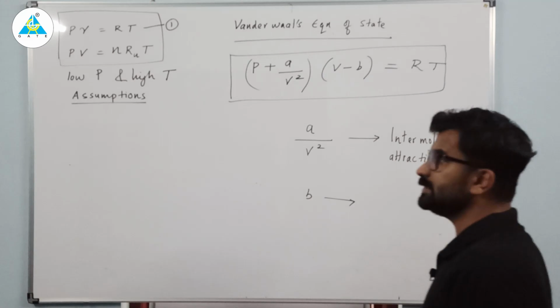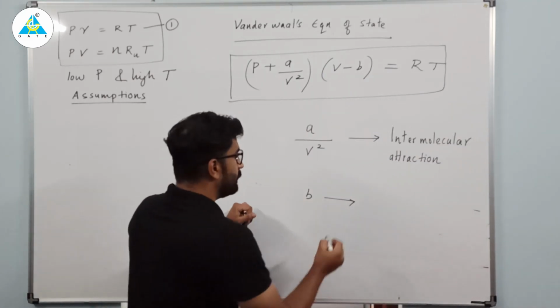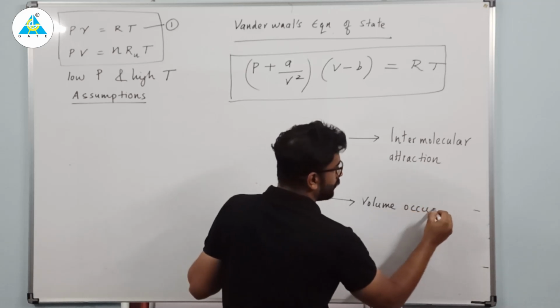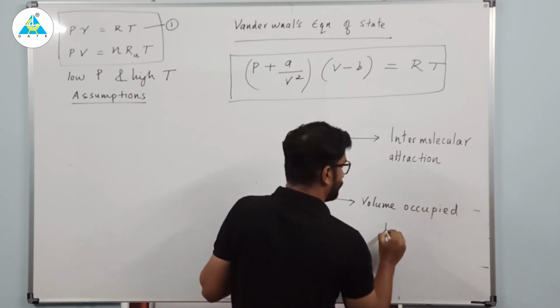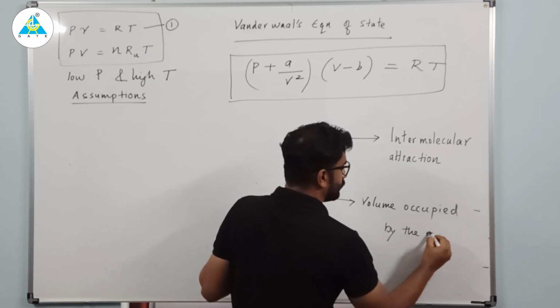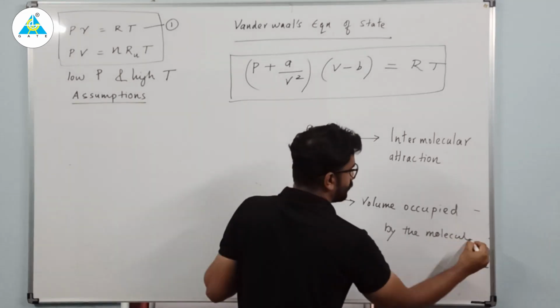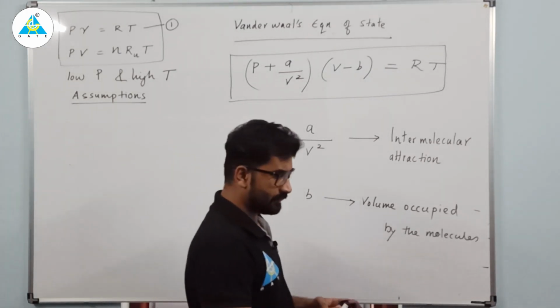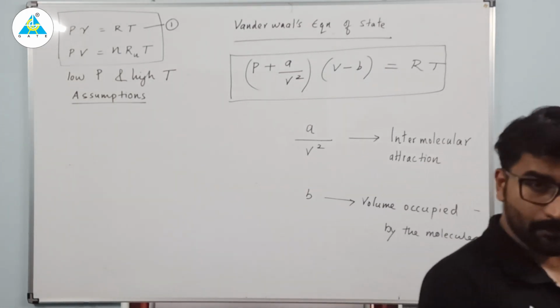And b will represent the volume occupied by the molecules. Volume occupied by the molecules. Clear? So this is the meaning. So to complete this,